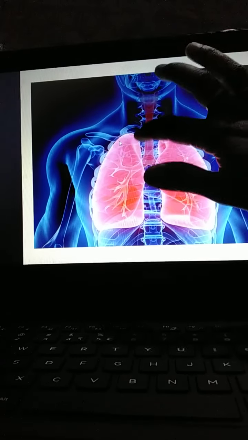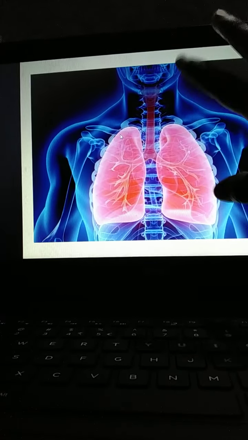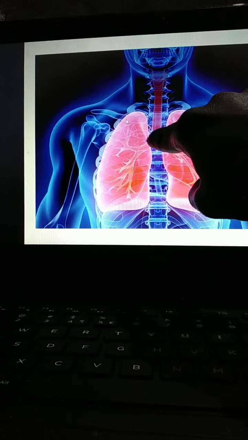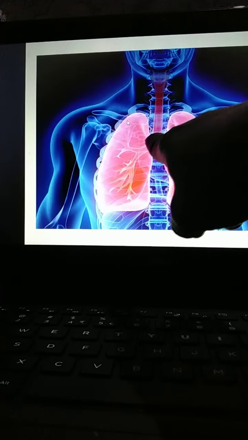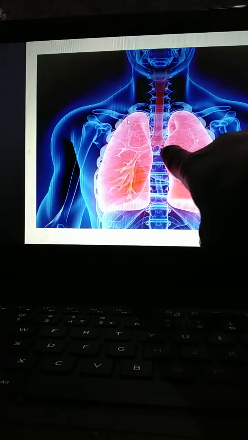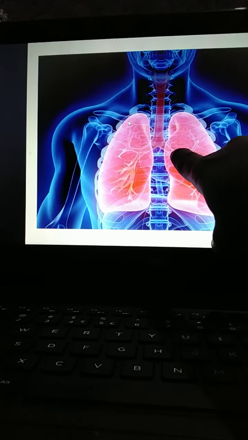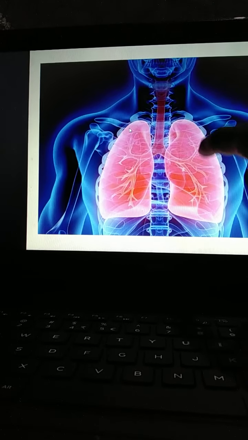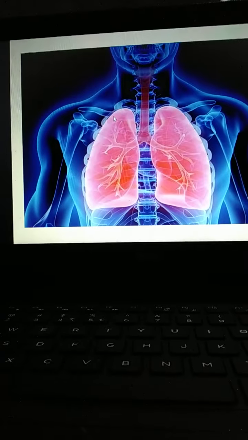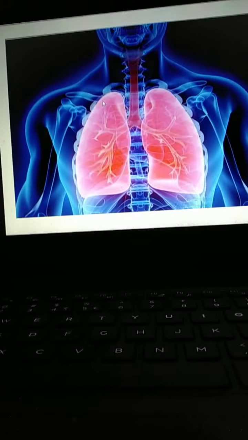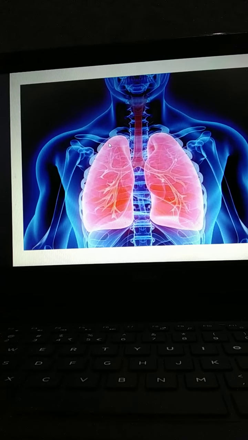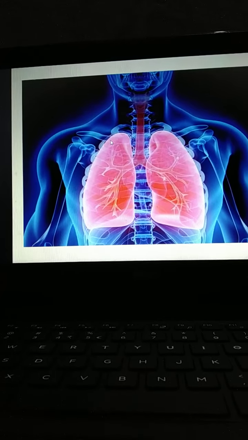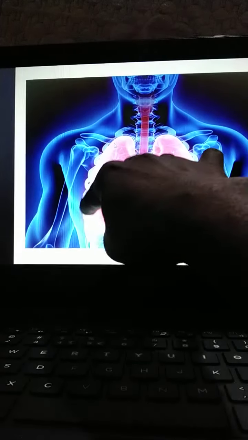So here this is your right lung, this is the left lung. Here this is the trachea, here the carina, the primary bronchus, right and left, then the secondary bronchi, 3 on the right and 2 on the left, and these then divide into bronchioles. Those lead to the terminal and respiratory bronchioles, alveolar ducts and alveoli. All those are the internal structures. Apart from that, here this is the lung node.